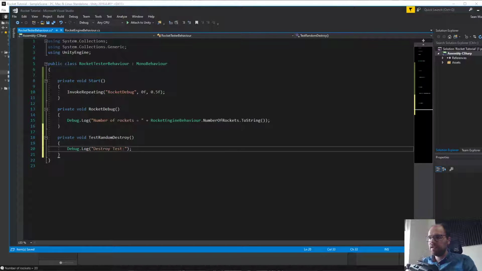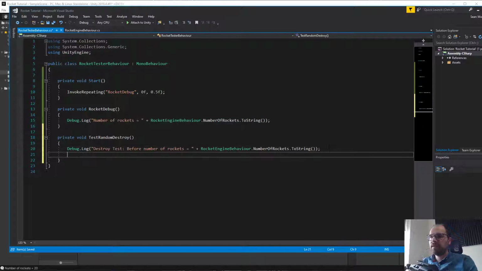And I'm going to say before number rockets equals this. And then I'm going to actually call the destroy thing. So we want rocket engine behavior dot destroy random rocket. And actually I will also say debug.log for destroy,